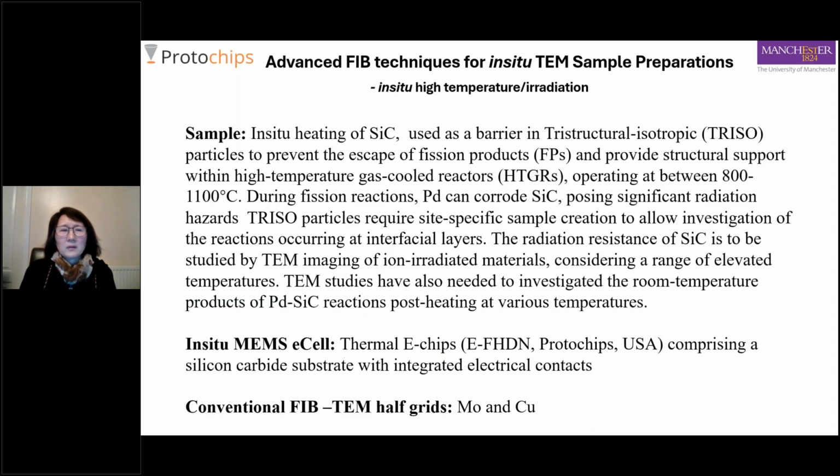And in this exemplar sample, we use the in-situ heating of silicon carbide because it's quite an important barrier material for tracer particles in the fusion industry. It provides structure support within the high temperature reactors, and it operates at 800 to 1000 degrees. At this high temperature, the platinum can corrode the silicon carbide. That's why we need to study the radiation resistance of silicon carbide under high temperature, and also the TEM studies to compare room temperature and high temperature, what happened during the high temperature